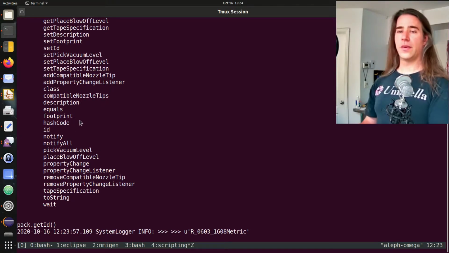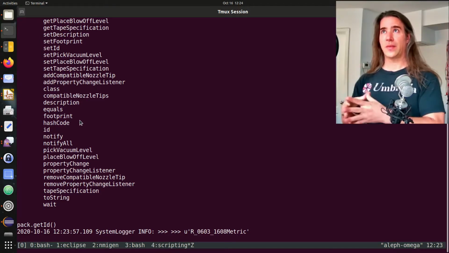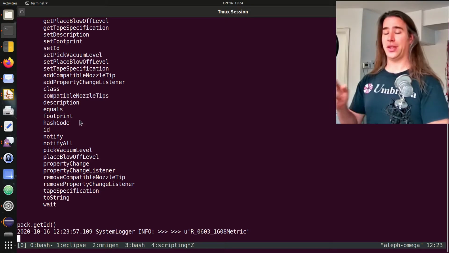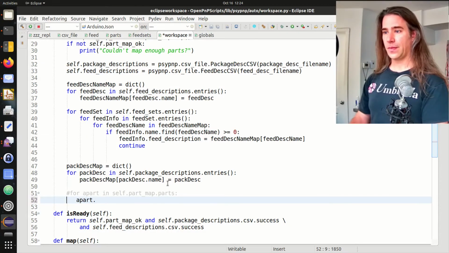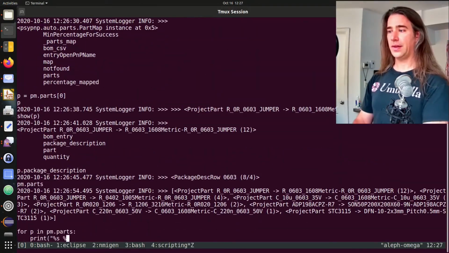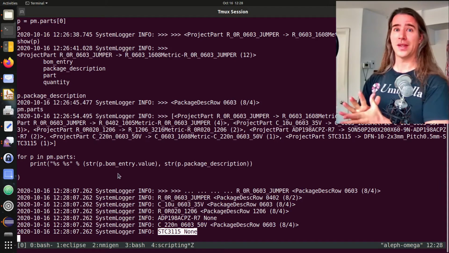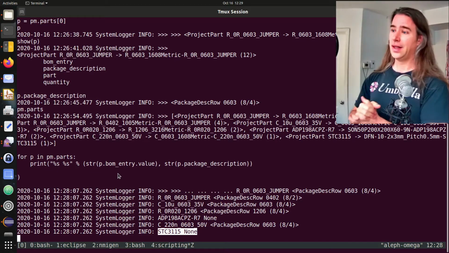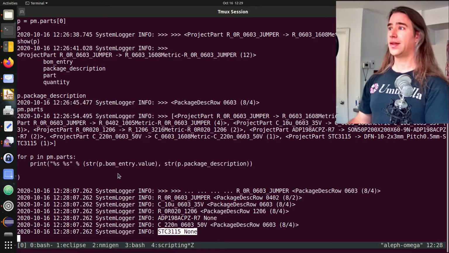There we go. All right. So the part map has a part which has a package which has an ID which we can match on. So the system seems to be basically working, and if all I have to do is deal with the ICs, I'm going to be in paradise, because the real problem is sticking in all those